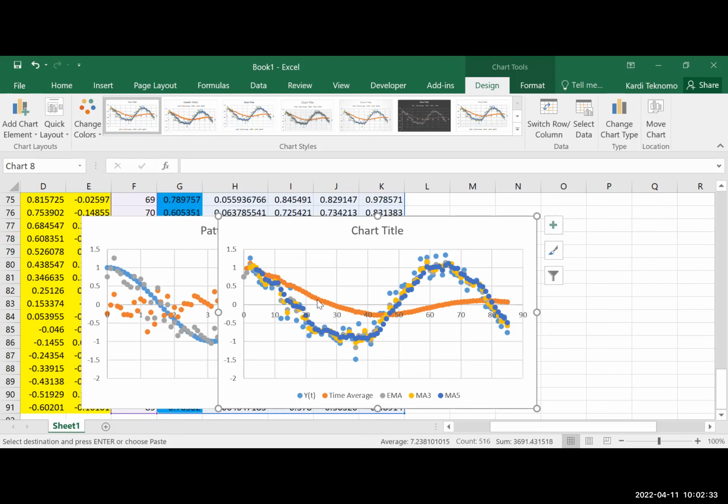So I will just delete that. Now I will have data plus MA, moving average. So the EMA